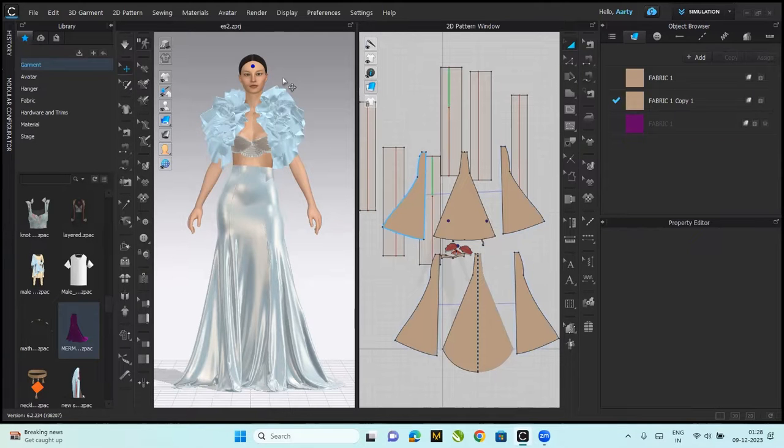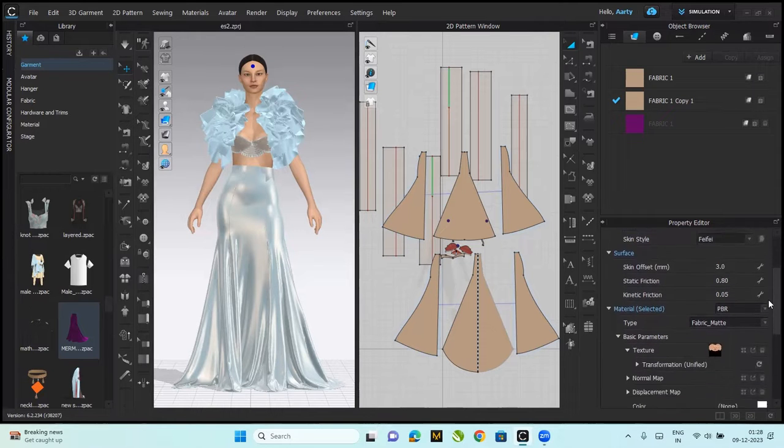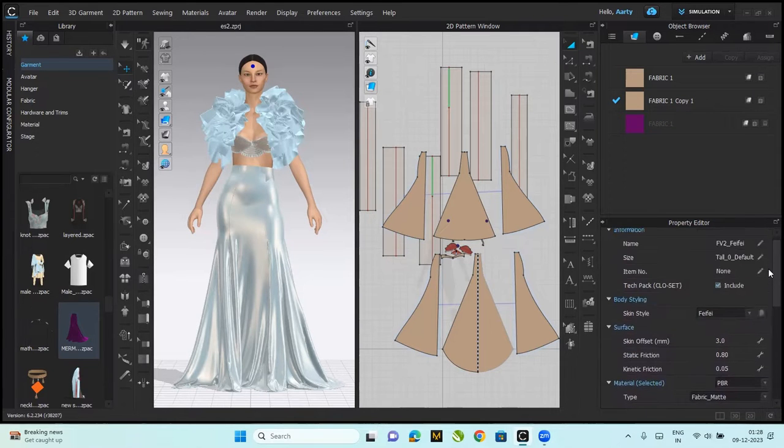So once you click on the avatar and the avatar is selected, you might be able to see a blue dot over the avatar, and you'll be able to see its properties in the property editor. So not only can you see the properties, you'll also be able to edit them. All you need to do is from skin style, you see here under body styling, you have skin style. So you're supposed to click on this icon for style configurator. So you click here